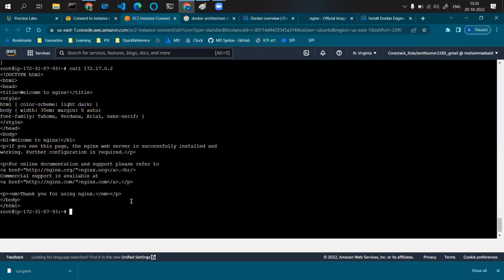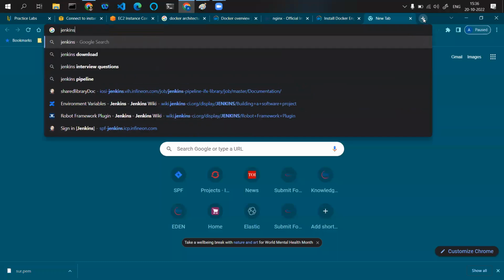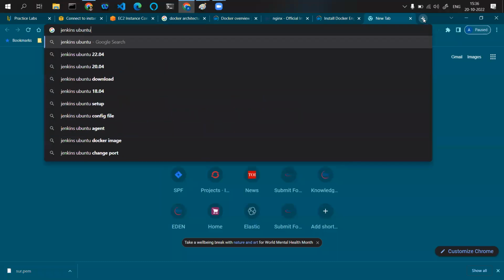And that's it. You can just run any application like that without installing, without configuring anything. Everything will be running out of the box. Right? Let's say you want to run Jenkins on your system. So how do you run Jenkins on a system? Generally, you have to install it. So if I go to Jenkins Ubuntu installation,